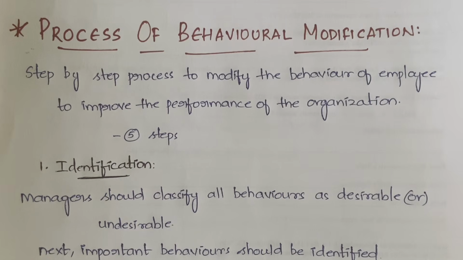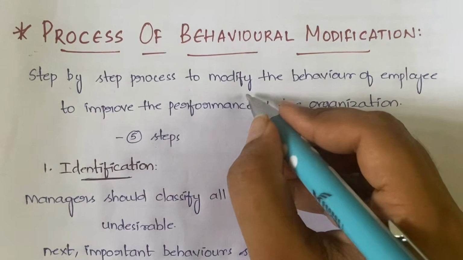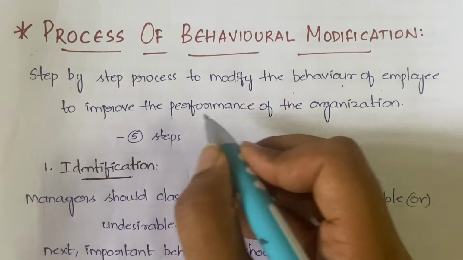In today's video I'll be explaining the process of behavioral modification and the subject of organizational behavior. So basically, in this video we will learn what behavioral modification is and what the different steps involved in it are, how that process of behavioral modification will happen. Okay, simple. It is a step-by-step process in which you are modifying the behavior of your employee